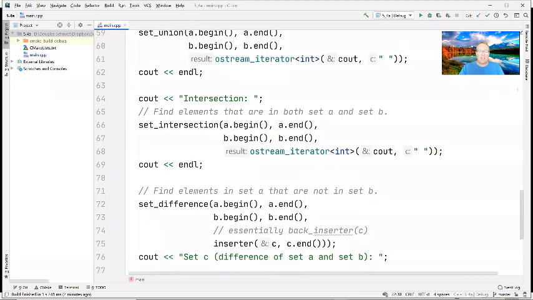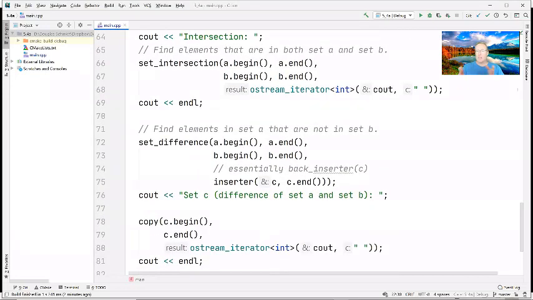Then the third example here, which again, we'll talk about these algorithms in more detail later, is the set difference. And this will find the elements in set A that are not in set B. So it's the difference between the sets. And in this case, rather than writing this directly to standard output using an O stream adapter, instead we're going to use an inserter, and we're going to add each of the elements in this set difference at the end